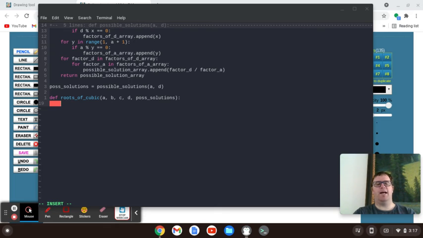Okay, so we now need to actually set a value for the cubic. So first I'm going to do a for loop. I'm going to say for possible solution in pos solutions, what we're going to do is we're going to say cubic value is equal to,